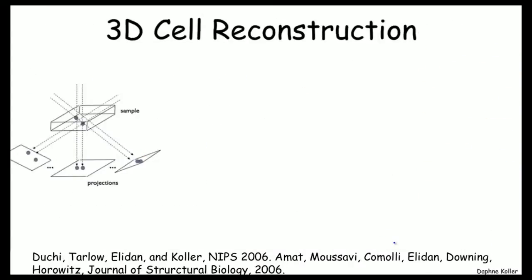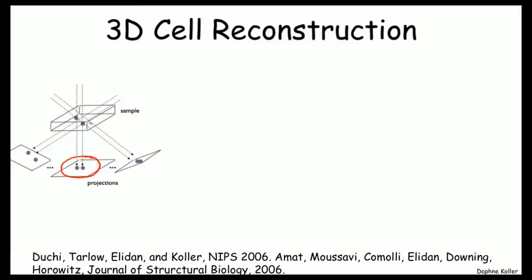So let's look at one example application of this, which corresponds to one of the examples that we mentioned on the previous slide, which is that of 3D cell reconstruction. In this case, we have a cell that we are trying to assess the 3D structure of, and we're looking at various slices through that cell taken from different angles via a microscope. And so these are various two-dimensional projections of the 3D object, and we're trying to figure out from that the